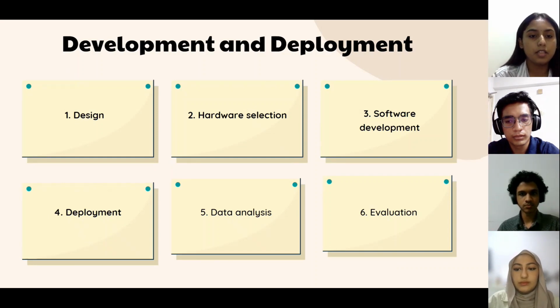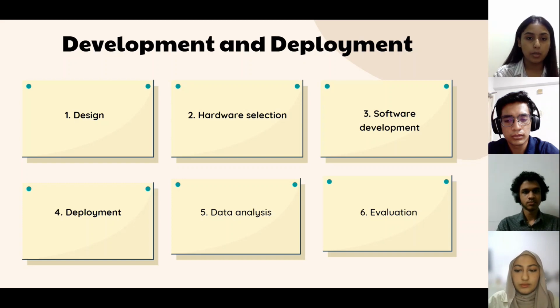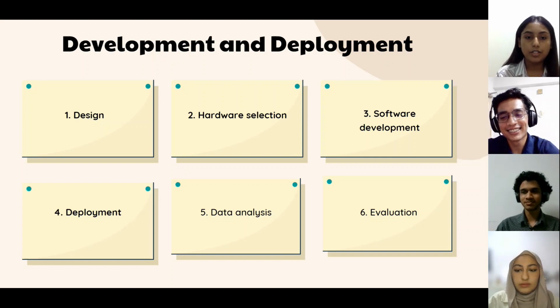Okay, all right. My name is Dhinesshah, and now I will be explaining the process development and deployment of a real-time agriculture monitoring system, in this case using a mobile sink in wireless sensor networks. So the first is the design. The system in the study was designed to monitor several environmental characteristics such as temperature, humidity, soil moisture, and light intensity using numerous sensors.